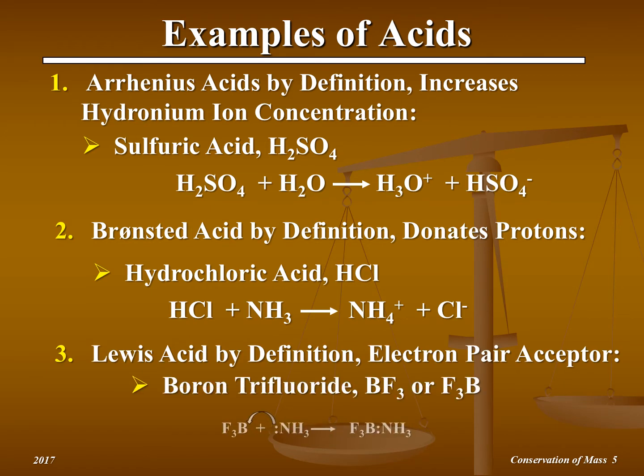Boron trifluoride, which does not have any hydrogen atoms, is called a Lewis acid because it can accept a pair of electrons. When it reacts with ammonia, it forms a compound that has a covalent bond between the boron and nitrogen atoms as shown in the chemical formula,